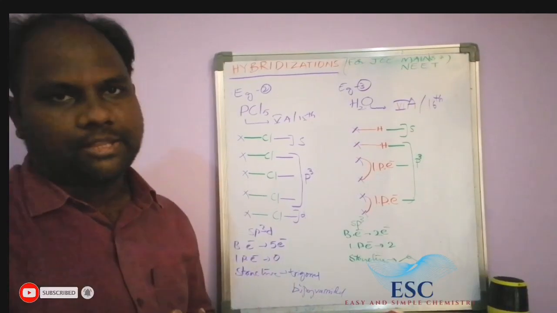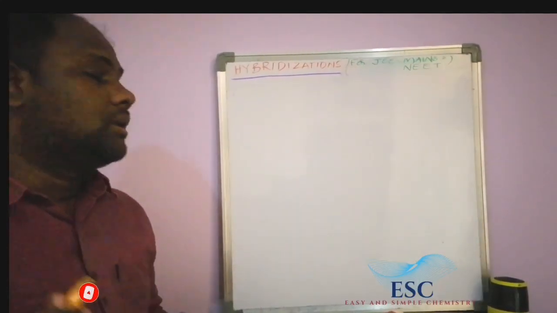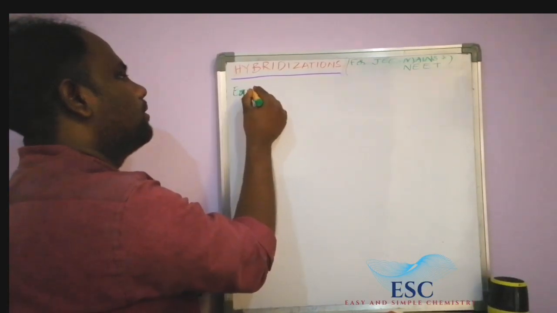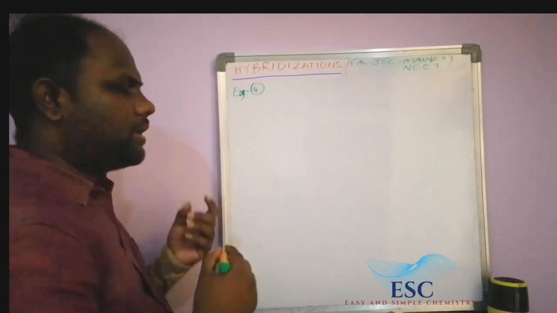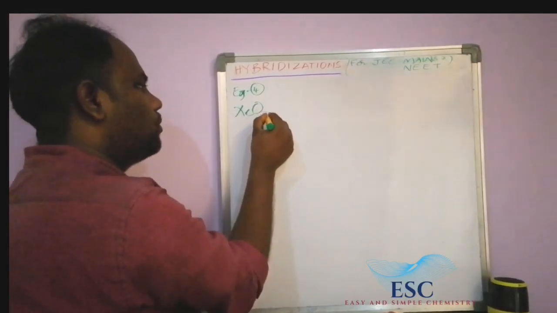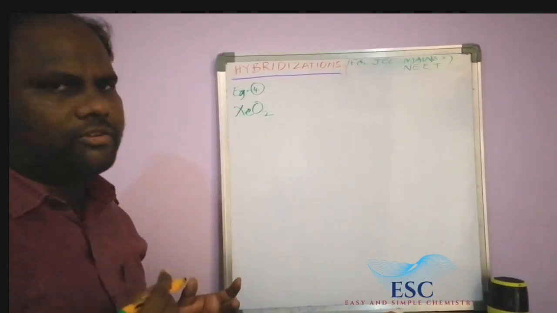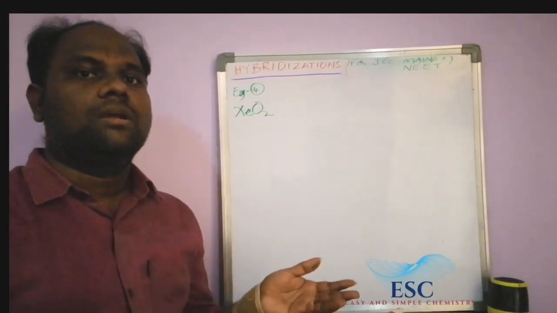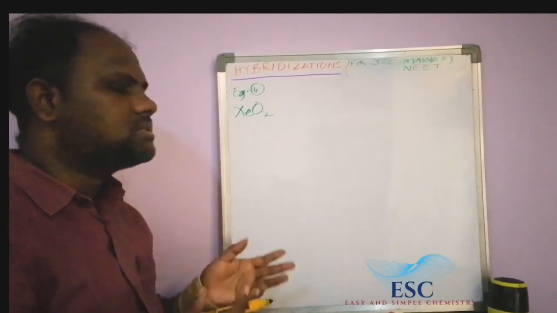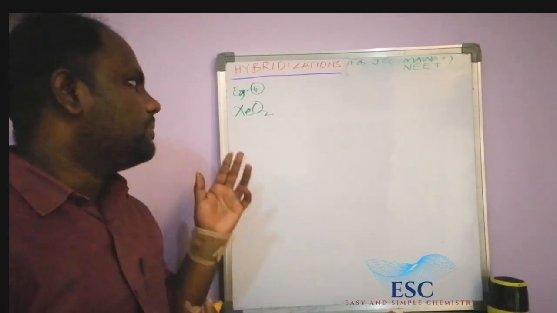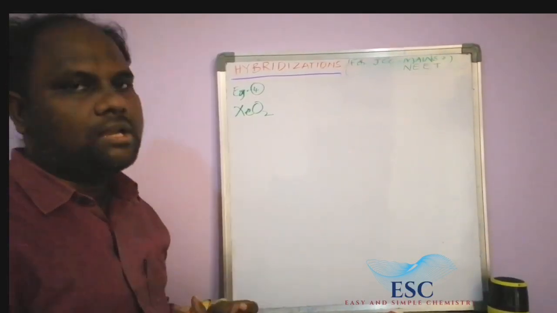Then go to another example. Now example number 4, a somewhat different example: XeO2. Which one is the central atom? Xenon, not oxygen. In the previous example oxygen was the central atom, but here oxygen is not, because there is 1 xenon and 2 oxygens. So the middle atom is only xenon.